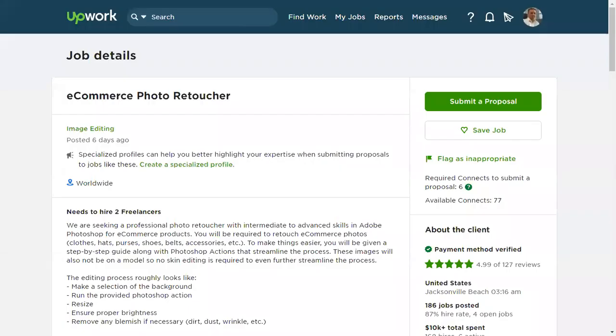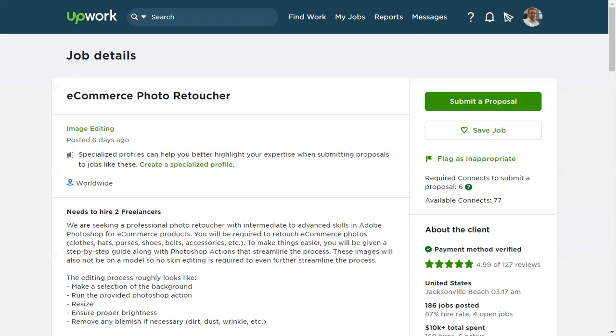In my previous lecture, I showed you a website from which you can get projects. That is the world's largest marketplace, upwork.com. You can go and create your account there. As soon as you get approved on upwork.com, you can apply for any job related to this category. This is one of the simplest categories, in which you just have to update or retouch e-commerce related photos.